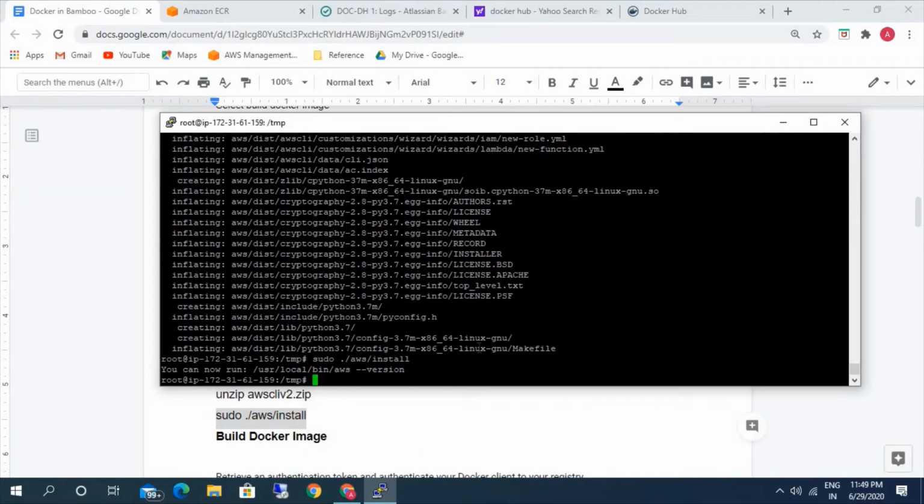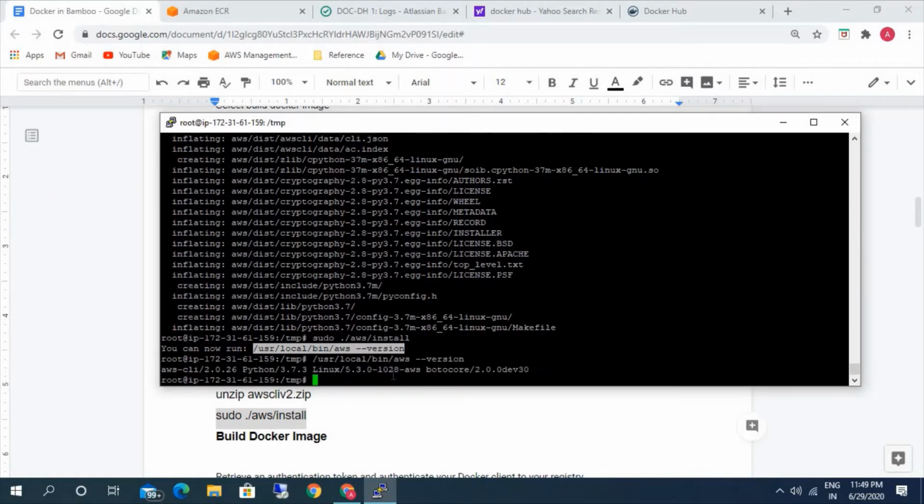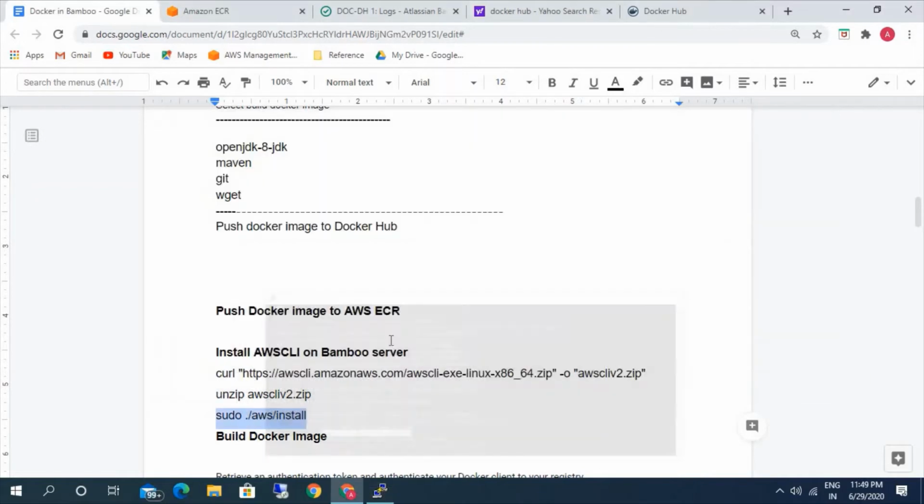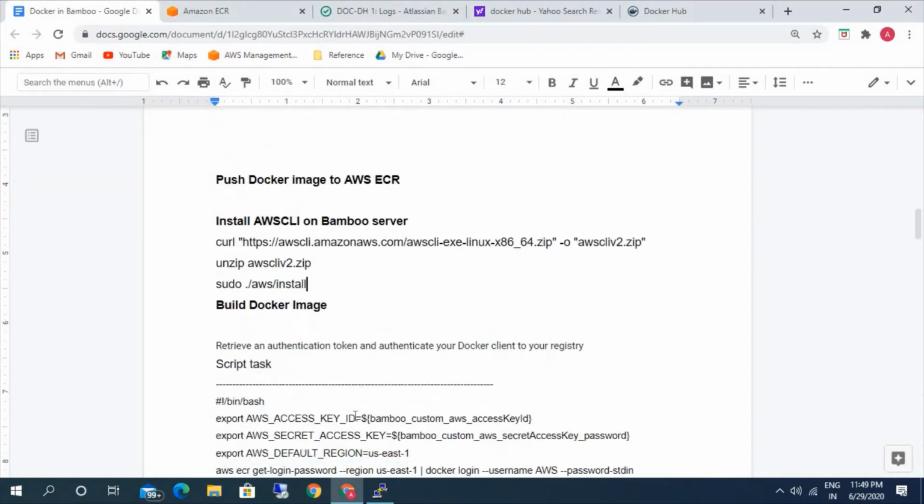Okay, it's installed now. You can use this command to check the version. Okay, AWS CLI 2.0.26, Python version and Linux. So we have installed AWS CLI here successfully.